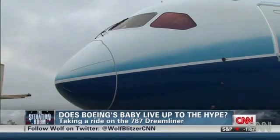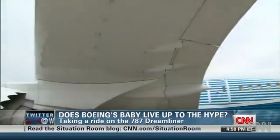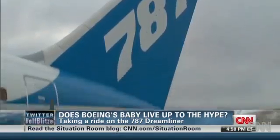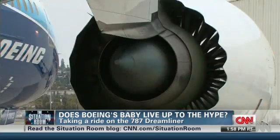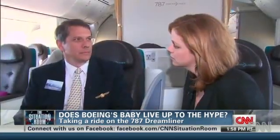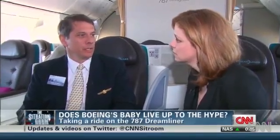But it hasn't all been smooth flying. Dreamliners are running 3 years behind schedule, and on some planes, the composite skin is pulling near the tail. That means 2 weeks of repairs. Boeing's test pilot says he's not worried. Our engineers work very hard at getting it right, and that's why we're possibly behind on the airplane. We want to get it right before we put it out to the public and make it available for everyone